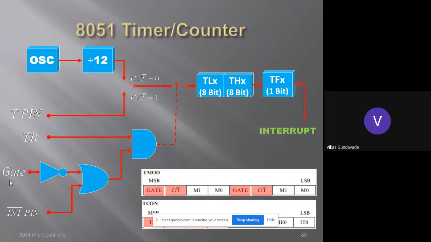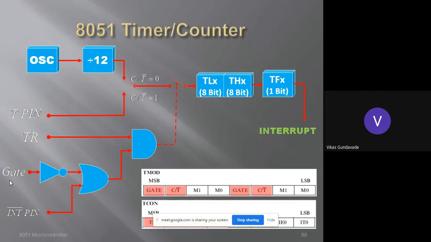Okay, so for every timer we need a start bit to start the timer, and after that a stop bit to stop the timer. So the delay is provided from starting the timer to stopping the timer. That delay will be provided either by the software or by the hardware. Now for the 8051 microcontroller, by both ways, using external hardware or using software, this timer can be started